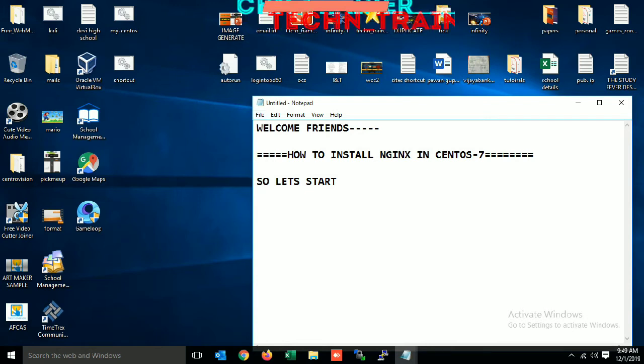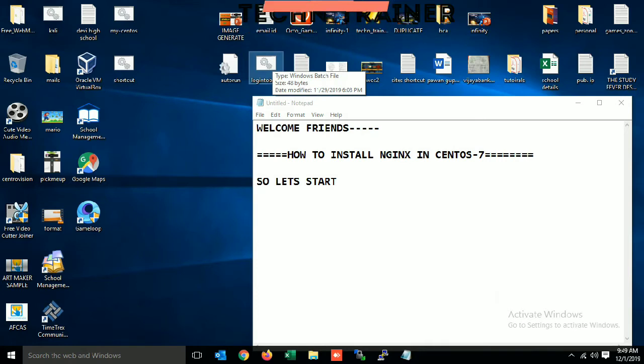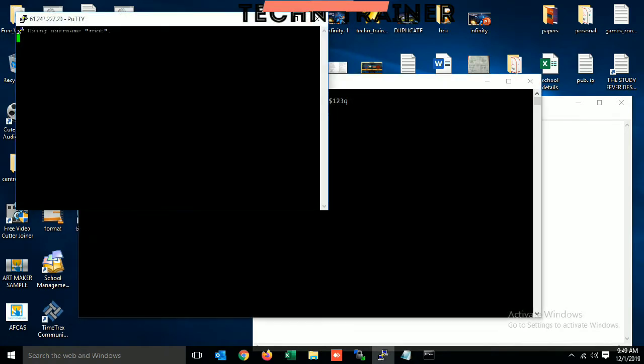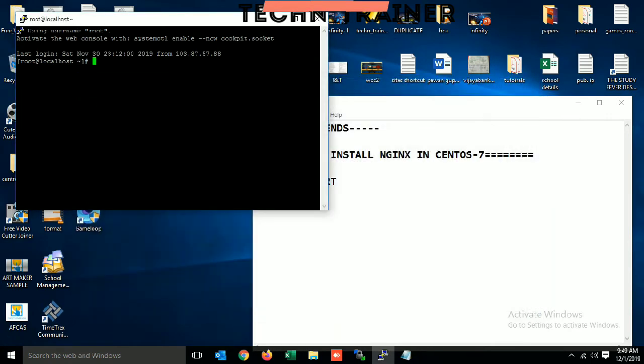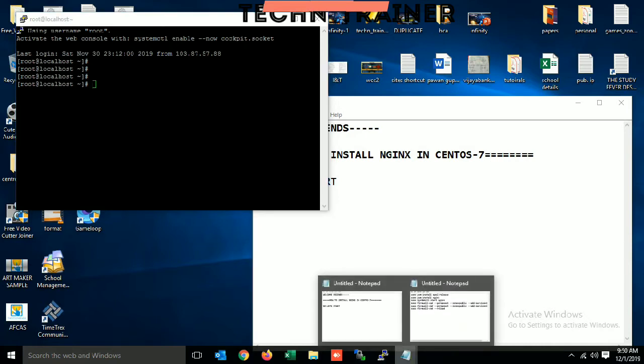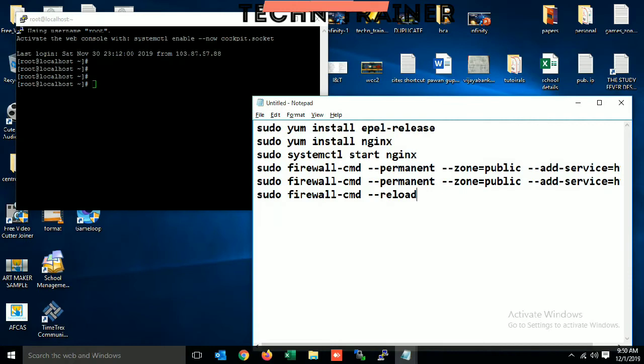Firstly, I created a batch file to log in to CentOS 7 directly. By entering the batch file, I'm directly logged in. If you want to know how to create a batch file, you can see my previous video. Now I'm going to